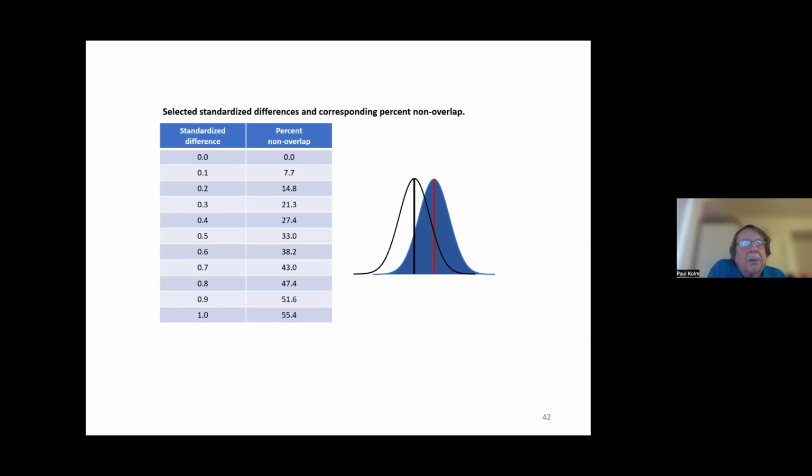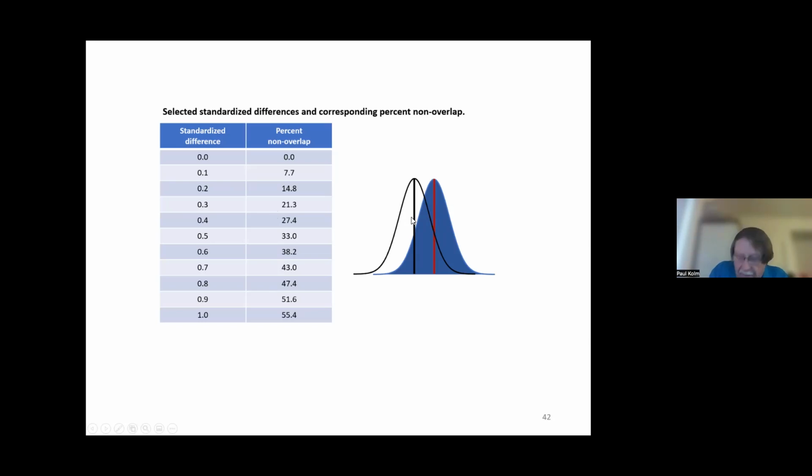distributions. So obviously, if there's no difference, we get a standardized difference of 0. In other words, both means or both proportions are equal. Then the distributions are completely overlapping. And then as the standardized difference increases or decreases, this can be negative depending on which way we subtract our means or our proportions, then the percent of non-overlap becomes greater, and this is illustrated in the figure here by the non-overlap in the